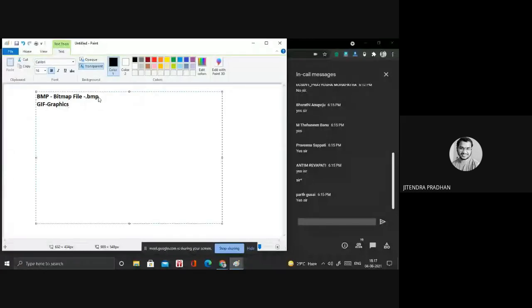Graphics interchange format. Okay. Then what are the extensions we are using for that? It's GIF. If you save any file, after the file name you have to give a dot and the extension name. Like if you are designing a PPT or a doc file, you have to use doc or PPT, or whatever you design according to that. So these are the file formats used for images.